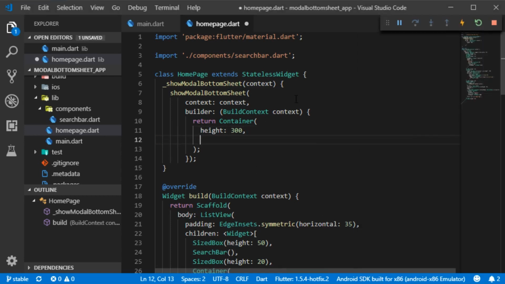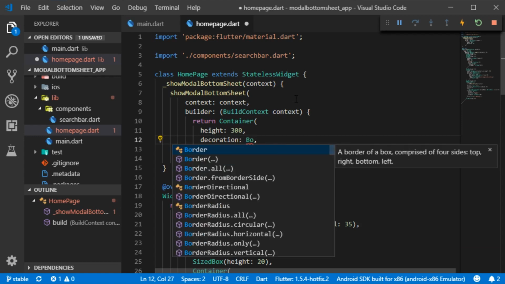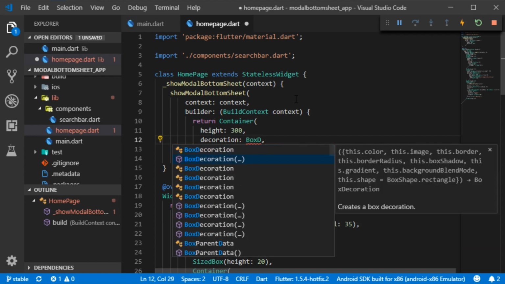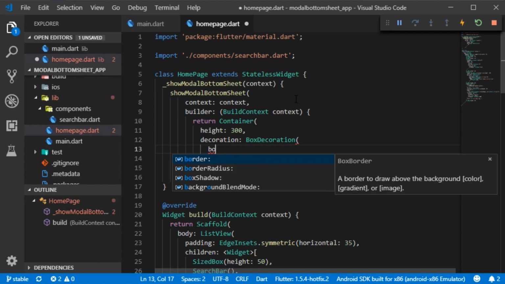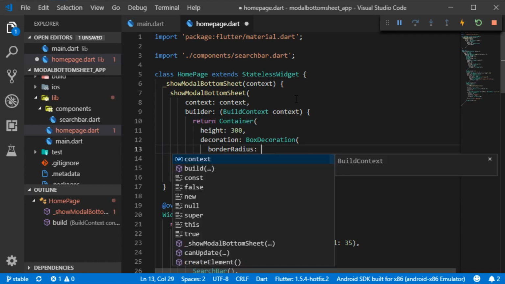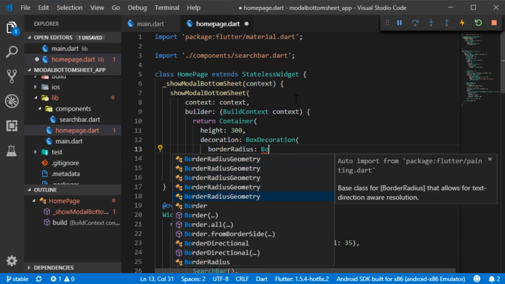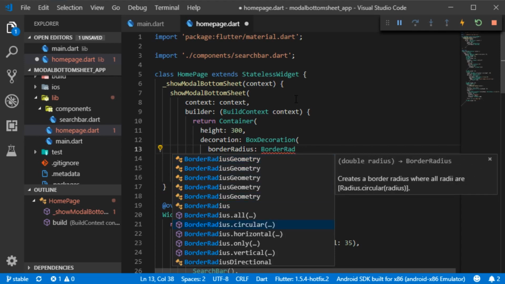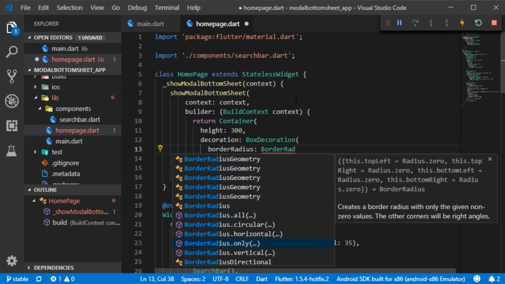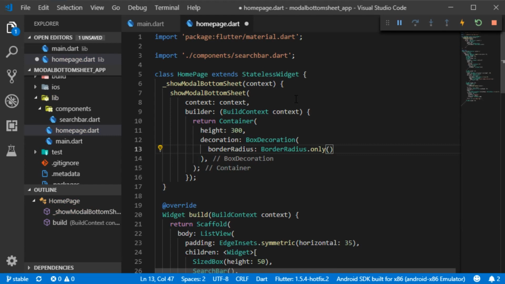And now I have to give a radius on the top left and top right of this container. So I have to give it a decoration, a BoxDecoration. Here in decoration, I give it a borderRadius, which also takes BorderRadius.only. We are going for only because we don't want to give border radius to all four sides of the container. So we are going to give it BorderRadius.only, and here we will